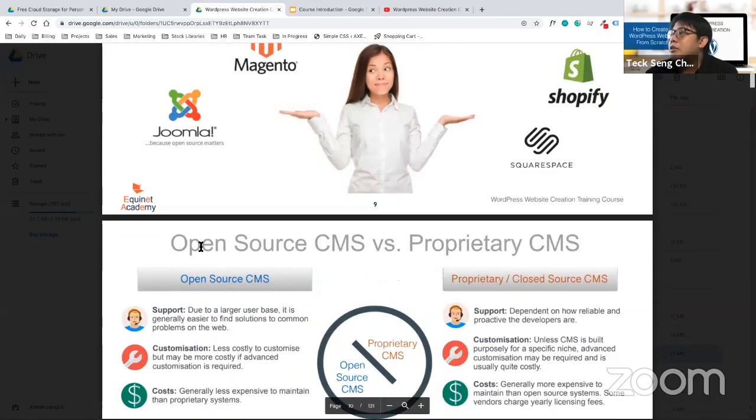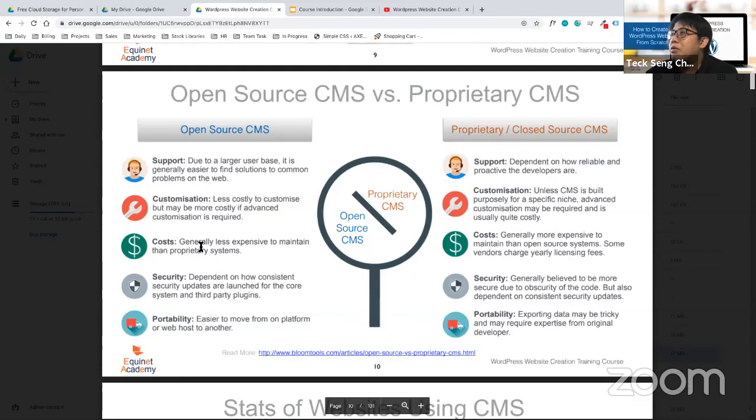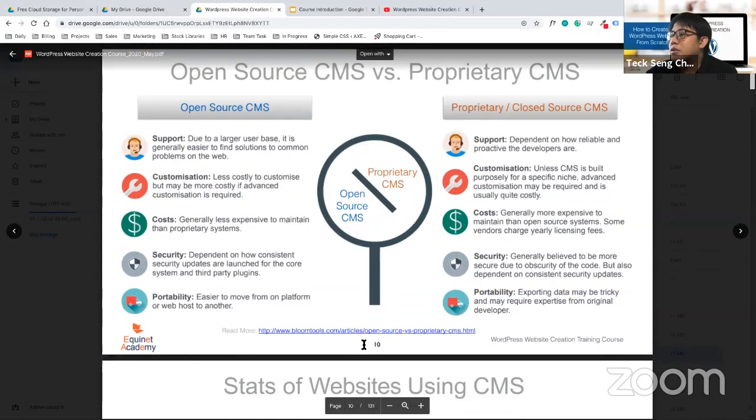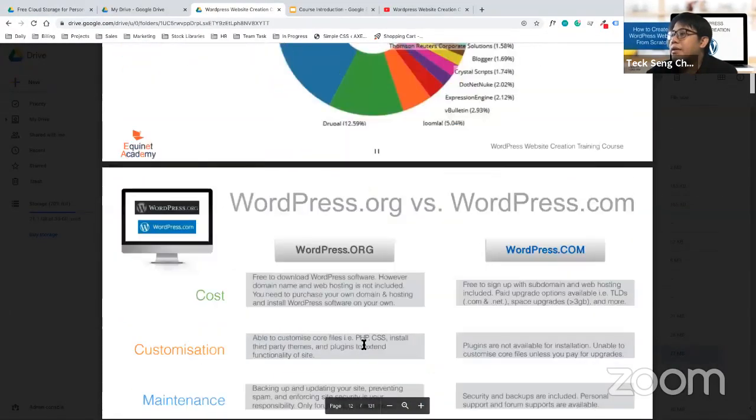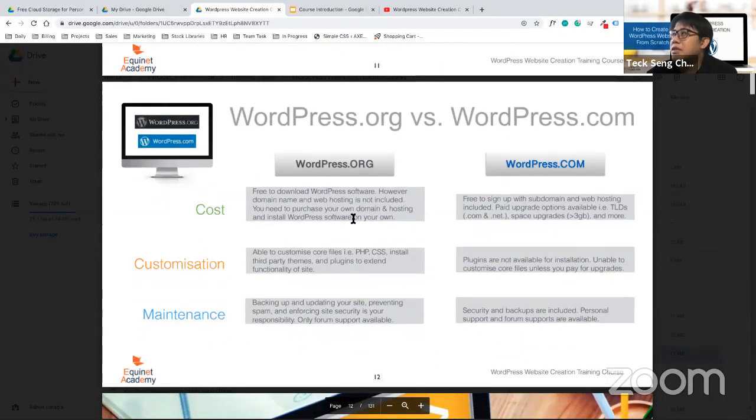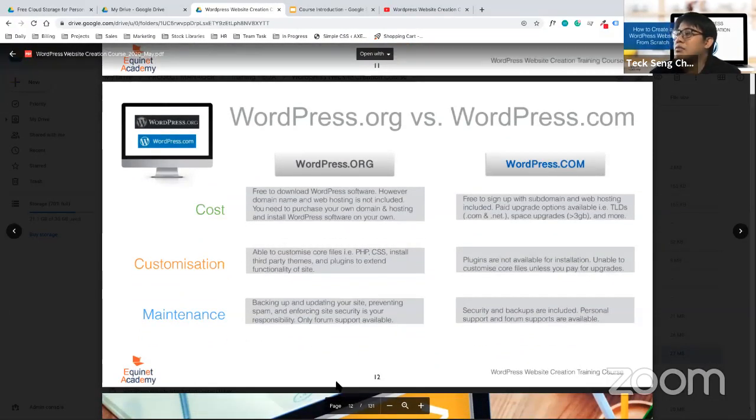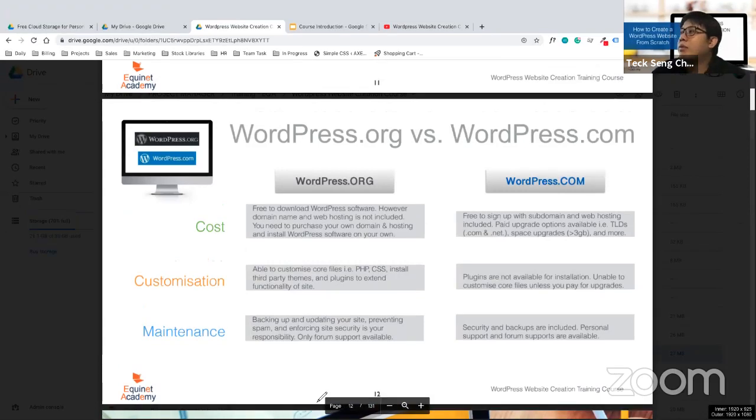So between open source and closed source, we recommend you to use open source more than closed source. There's also something else I want to highlight: the difference between WordPress.org and WordPress.com. WordPress.com is the closed source version of WordPress, which means it's the same as your Wix and your Shopify.